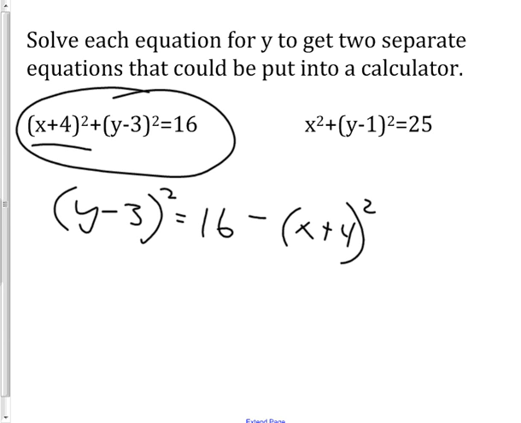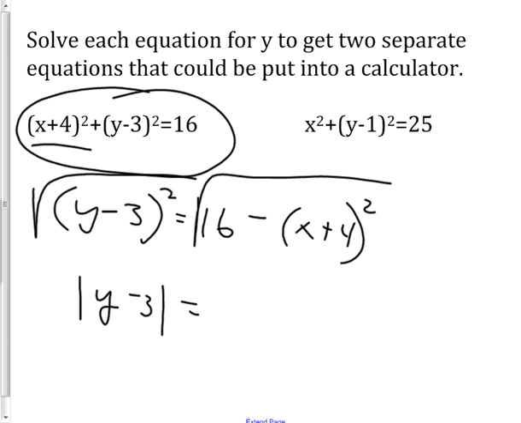How do I undo squared? The giant square root. And when I do a square root, what am I supposed to not forget to do? Absolute value. Very easy to forget that. Do I have to figure this all out? Nope, you can just leave it just the way it is. You do not need to multiply this all out. It actually is better off if you don't multiply it all out, because then you can see which way to